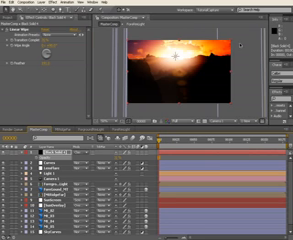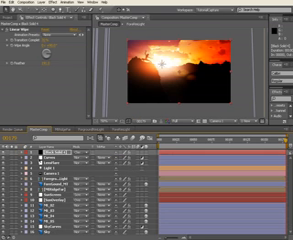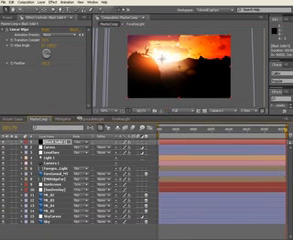So from frame 0, it brings out that orange in the sky on the right hand side, and just pushes you into the scene a little bit. So it's similar to a vignette, except it's a linear